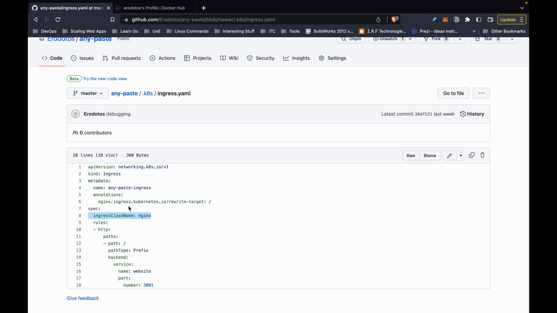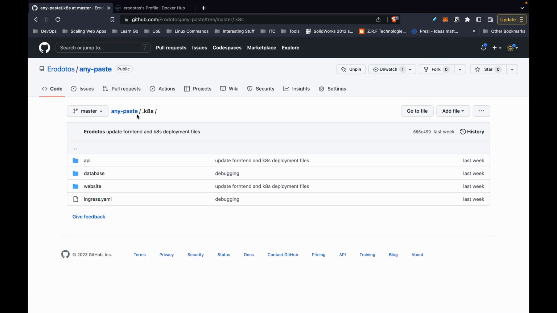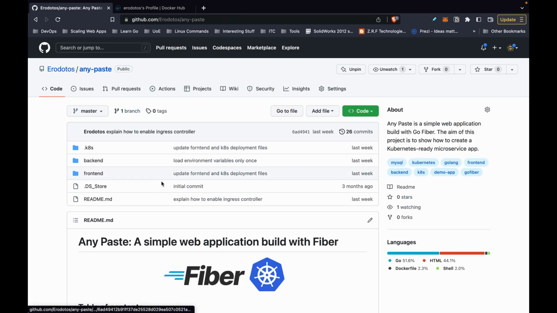It's actually called an ingress controller. A load balancer can be called an ingress controller in terms of the Kubernetes terminology, right? What else? Actually, this is it. I'm going to